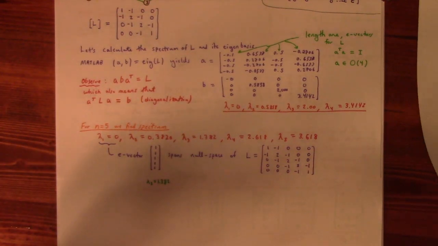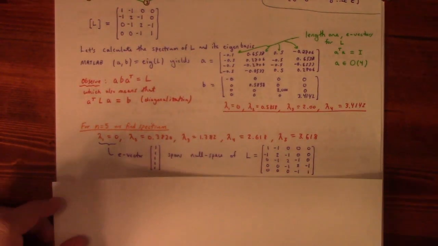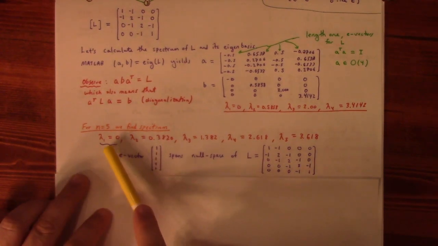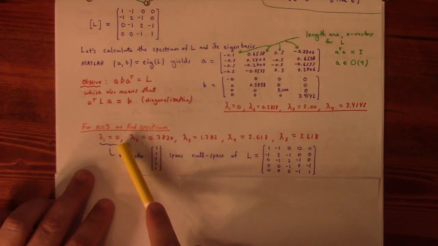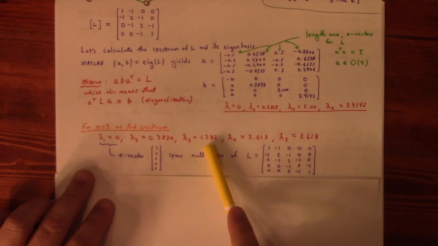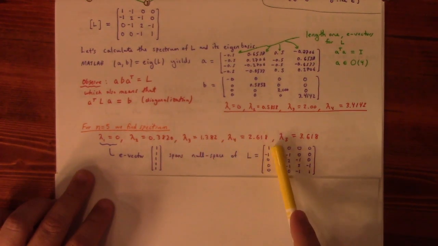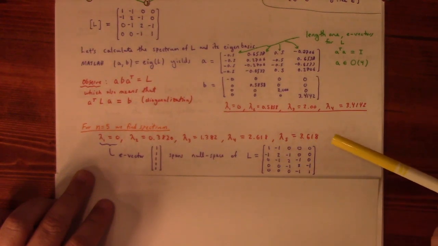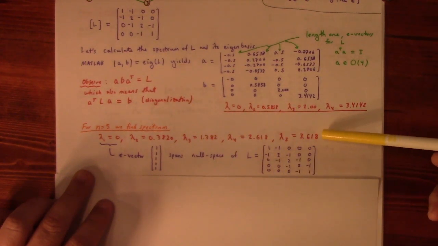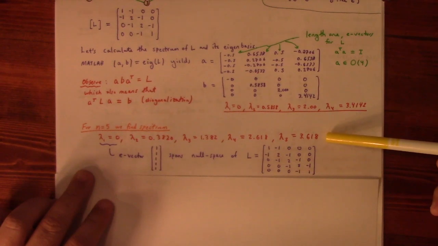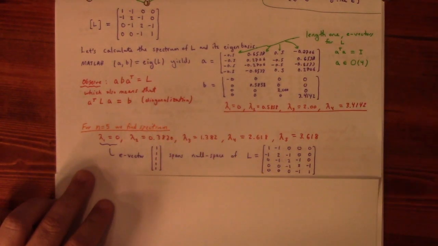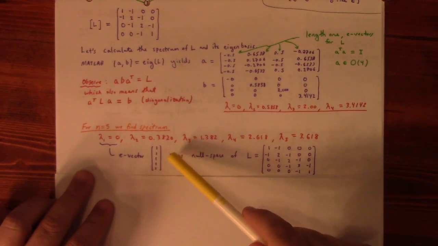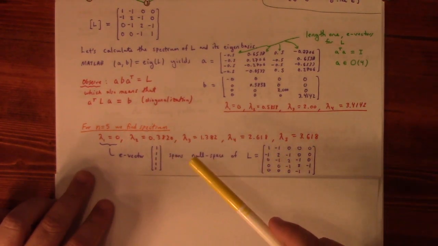Certainly took me much more time to type it into MATLAB than it did for my computer to do it. And the spectrum for the 5-path graph is this: 0, 0.38, 1.38, 2.62, 3.62 roughly. So again, the largest eigenvalue is less than 5. And also, again, one of the things you might start to pick up on is that the vector 1,